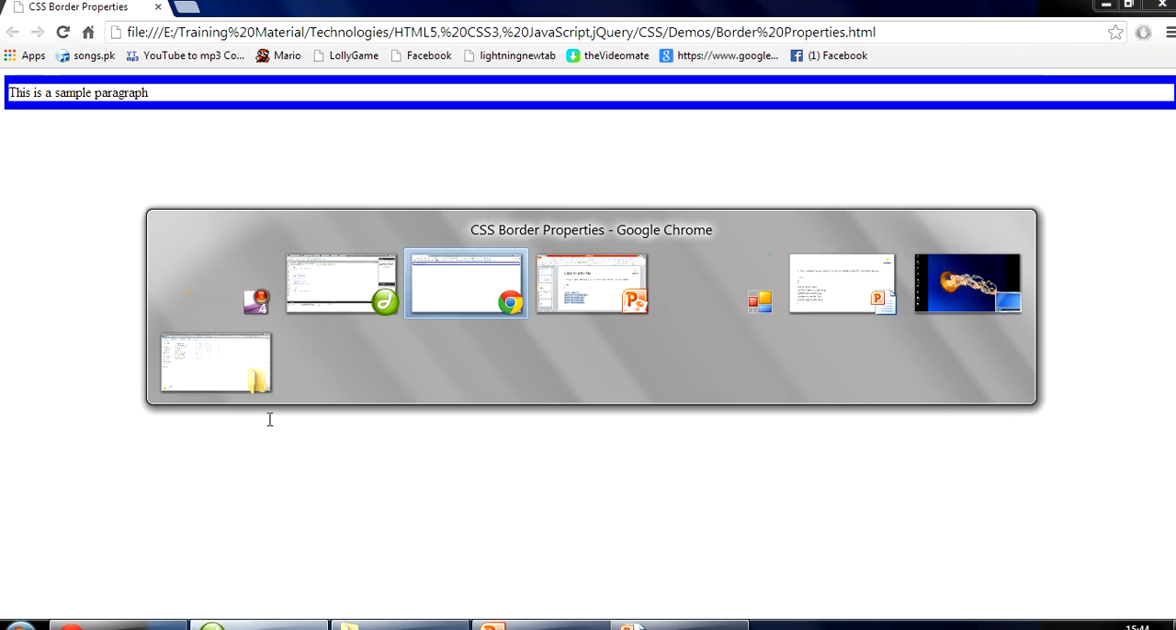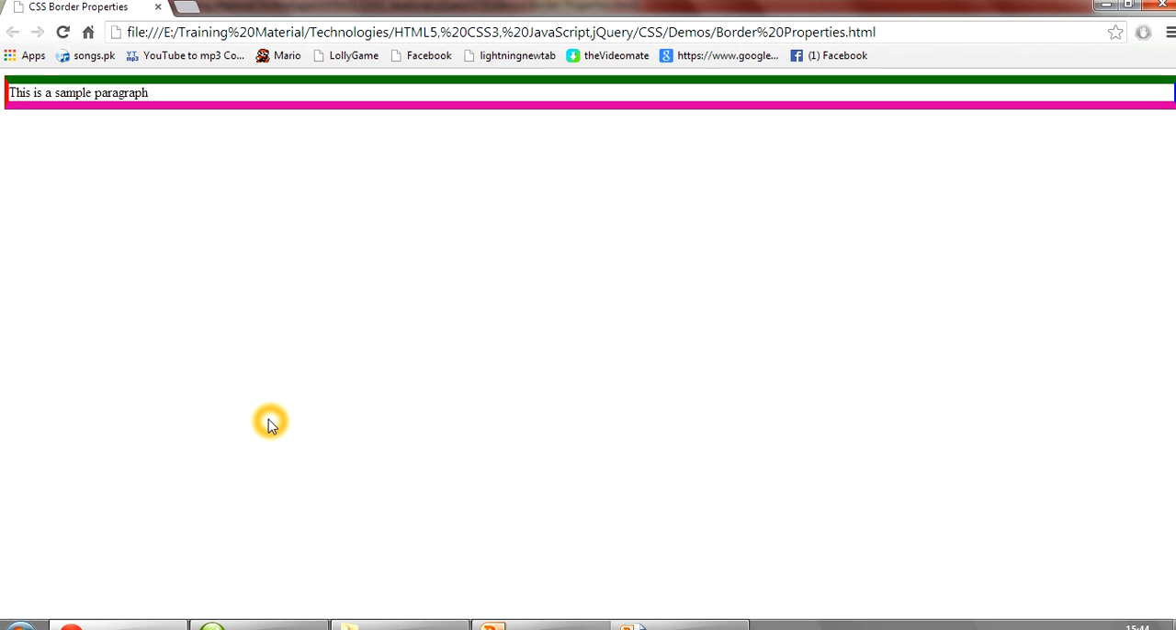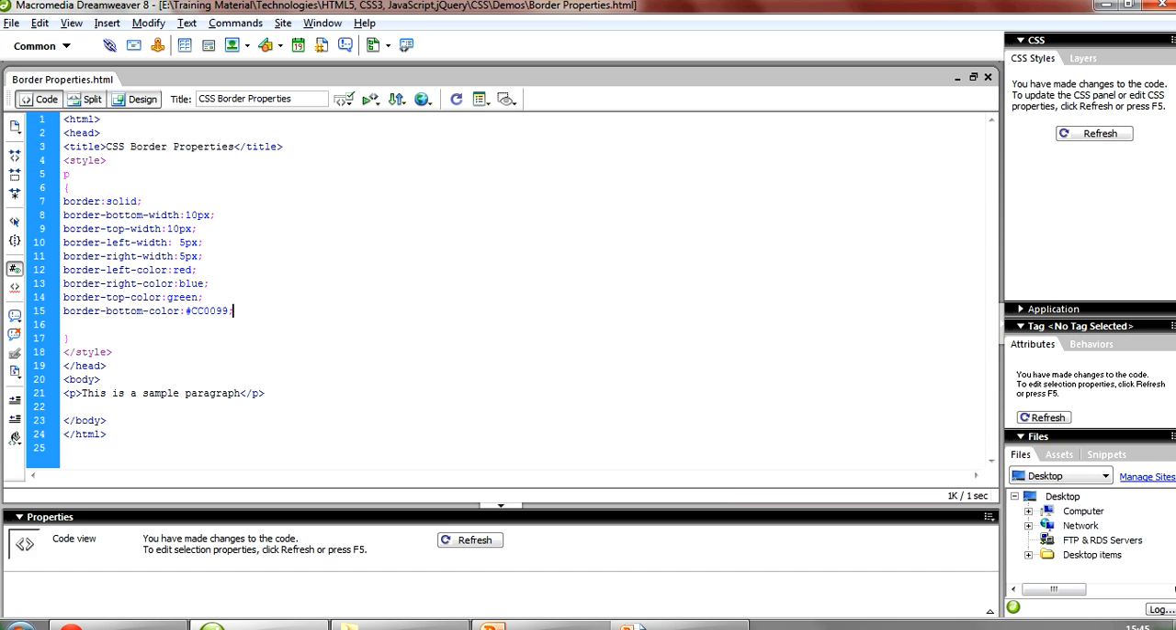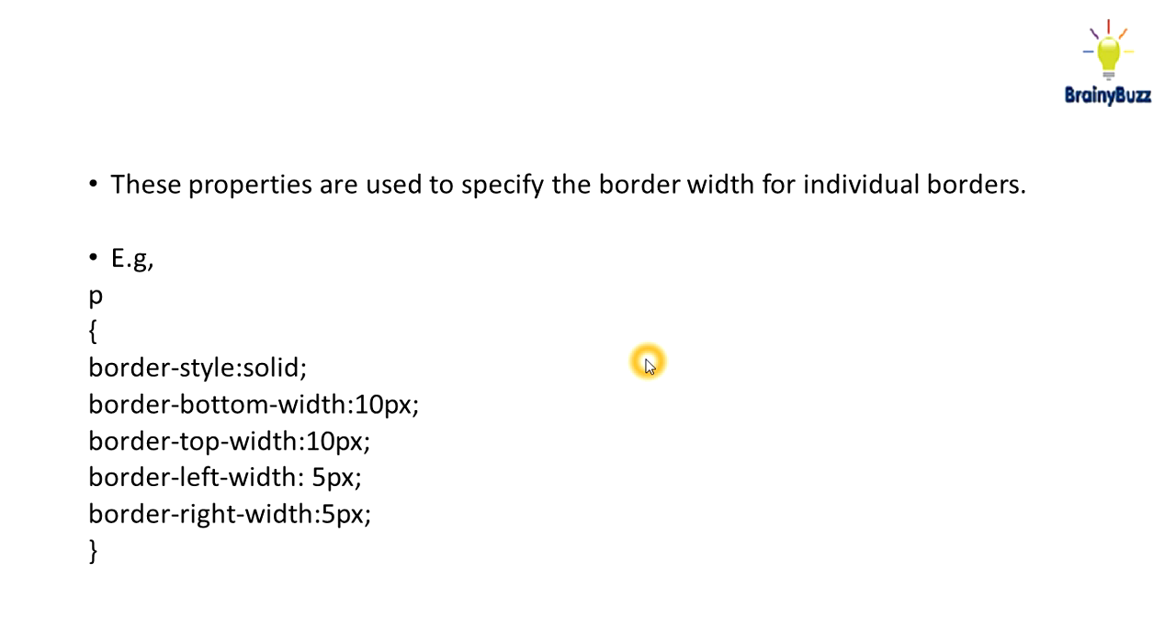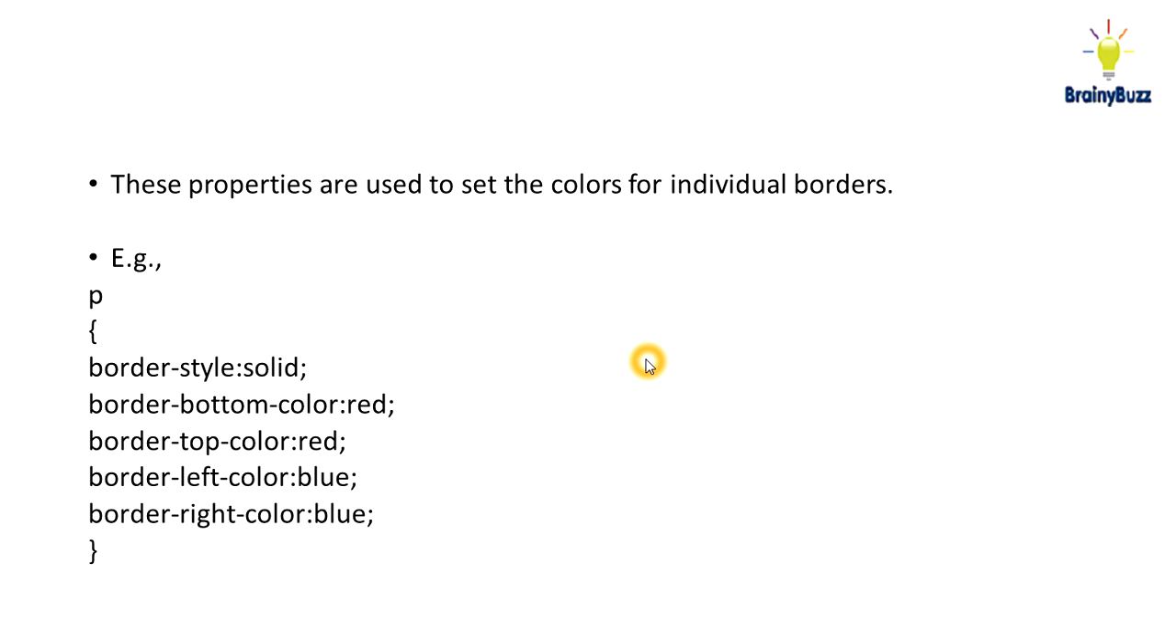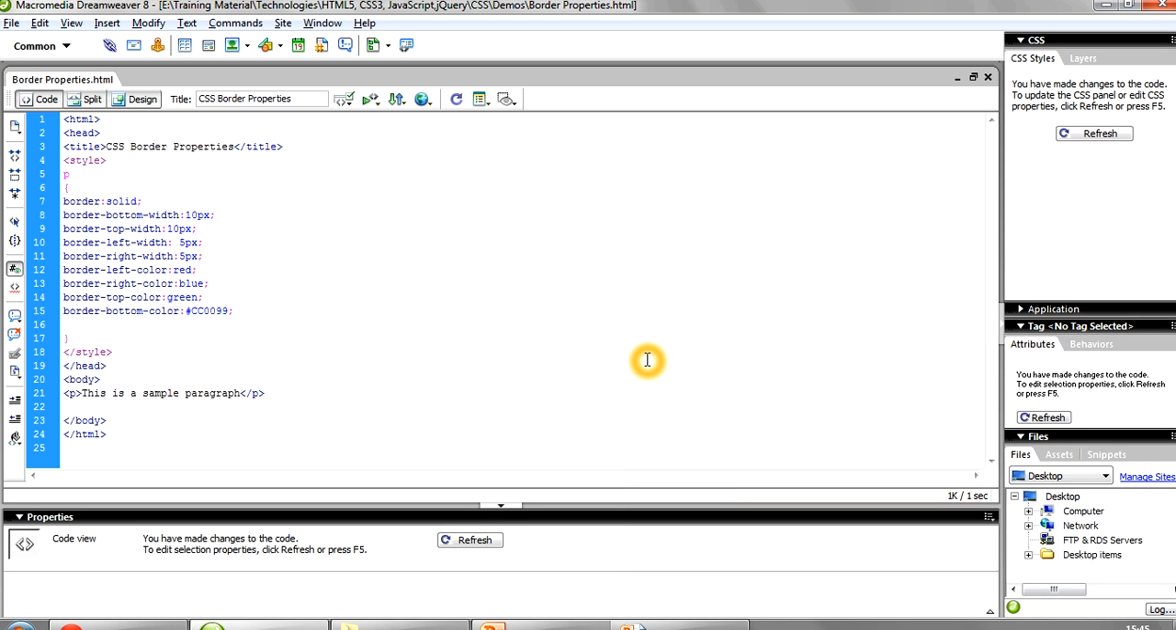Save it, and if you refresh it, you can see it in different colors: red, green, purple, magenta or blue color over here. So like this you can place different colors on each and every border that you want, and you can also place the width of each and every border, like top, left, right and bottom. So this is applicable on each and every tag, whether you have the heading tags,